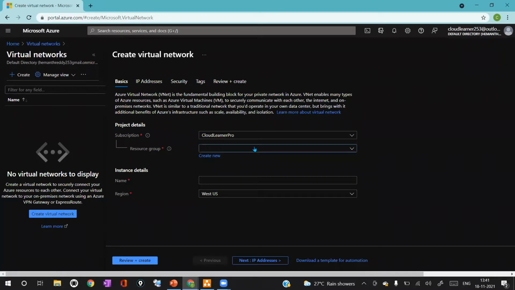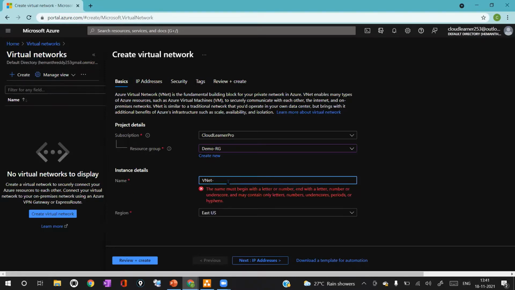Since I have an existing resource group, I'm selecting existing resource group, which is demo-rg. Here you have to provide virtual network name. I'm providing my virtual network name as vnet-test-01. This is my VNet name.